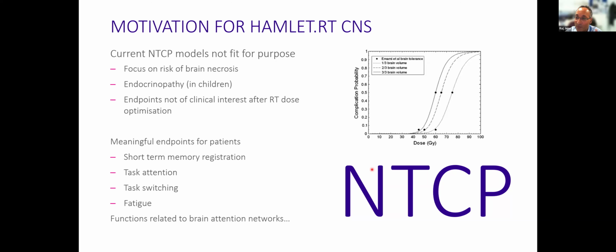But when our patients come back and see us 3-4 years later and we haven't given them radionecrosis, what they do, particularly when they're a clinical lecturer in epidemiology, is they say, my short-term memory doesn't work. I really struggle to switch between tasks. So if my phone goes off and I'm in the middle of writing something, it takes me 5 minutes to get back kind of thing.